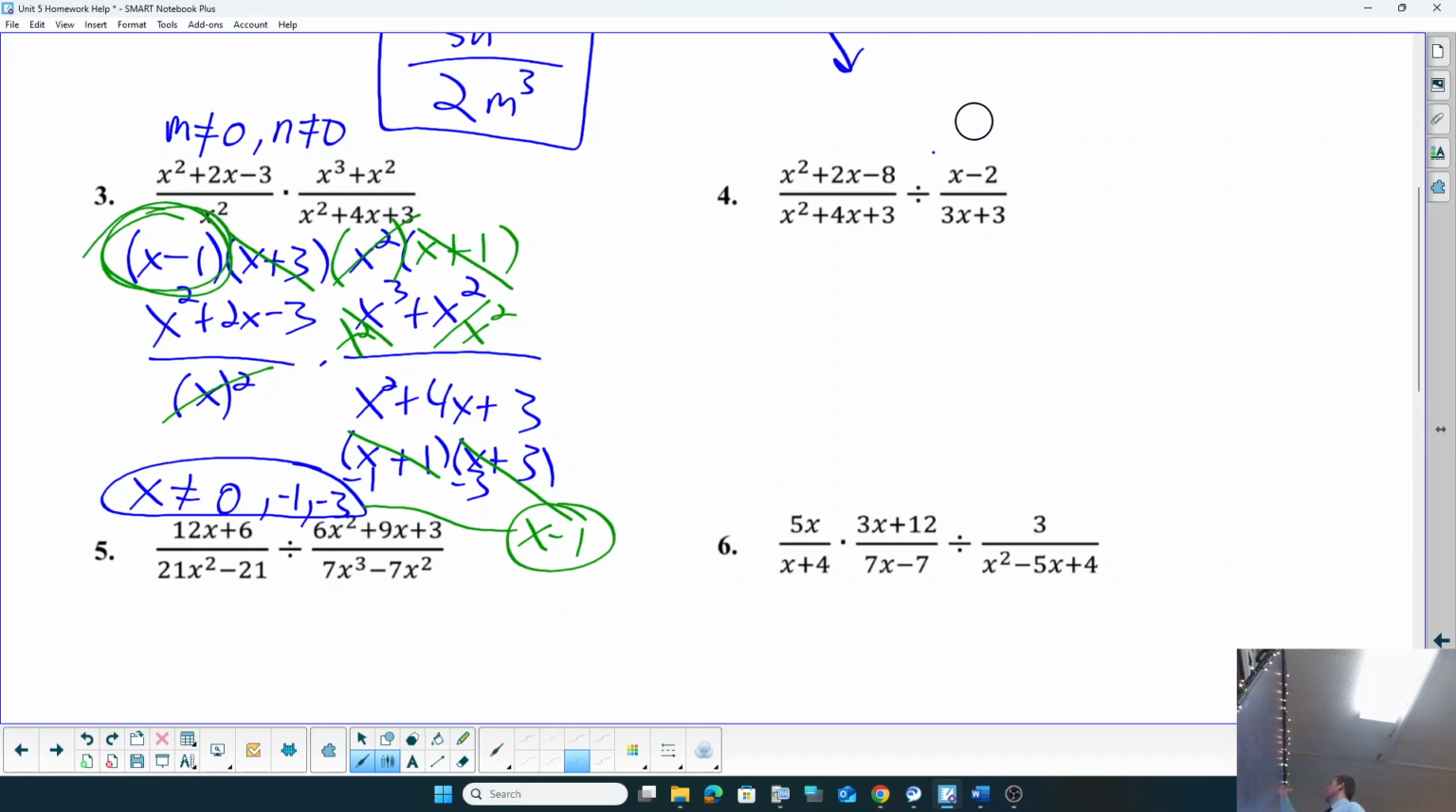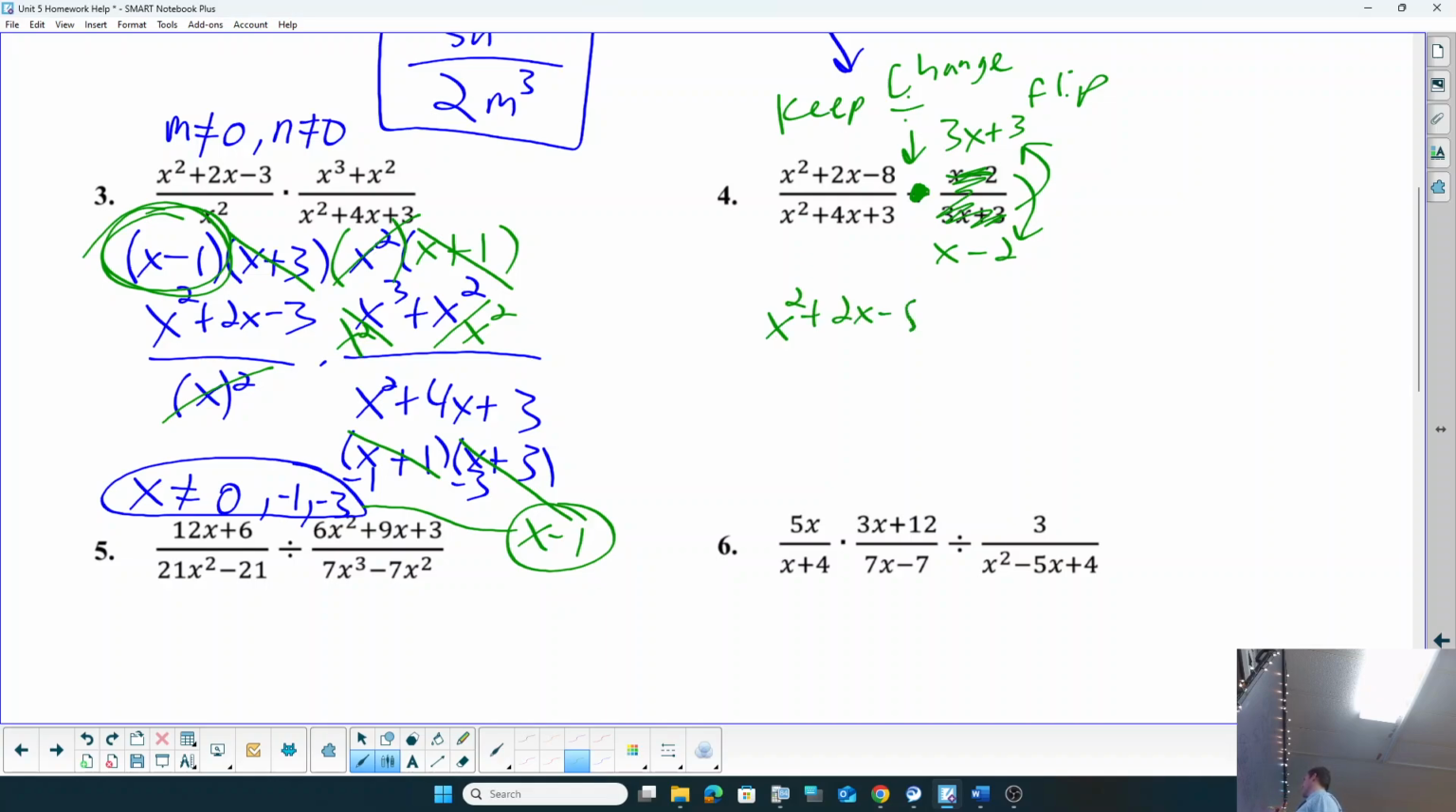Number 4, we need to keep, change, flip. Remember division? Keep, change, flip. So this becomes multiplication. And this goes x minus 2. And this goes 3x plus 3. Right? Yeah, so we keep the first term. And then we change the sign from division to multiplication. And then we flip the second term. There we go. So we have x squared plus 2x minus 8 all over x squared plus 4x plus 3